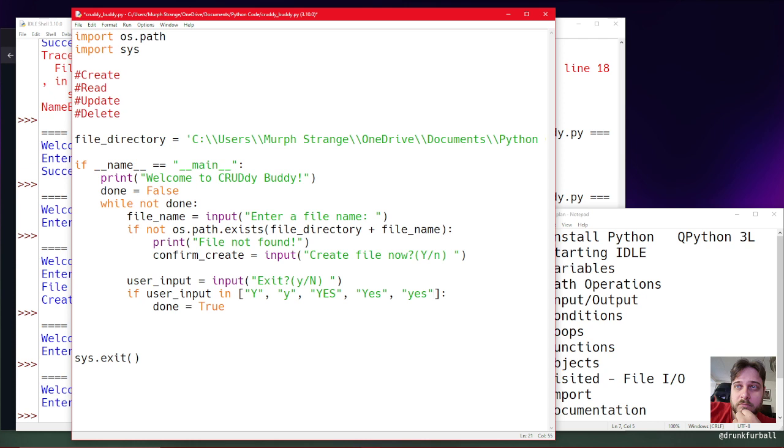If they just hit enter, it's going to ignore all that, and it's just going to loop through. In theory, anyway,